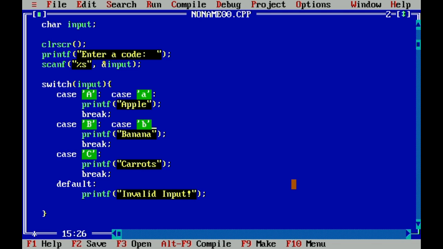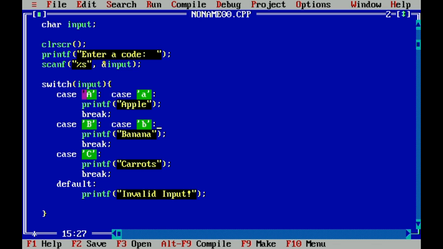I am using a single quote to indicate that I am comparing the value here, input, to a character, because the variable input is a character data type. If you are dealing with numbers, so if input is an integer, then you will be using %d here, and you will be using a number without the single quote.